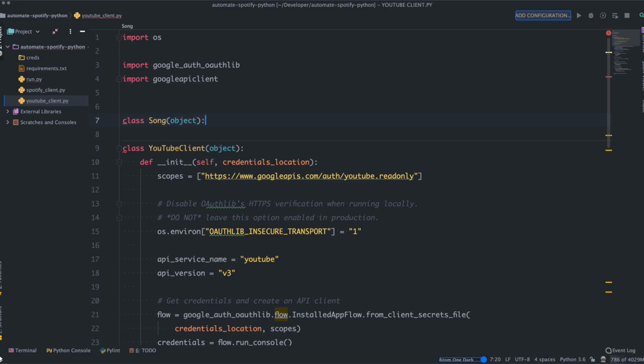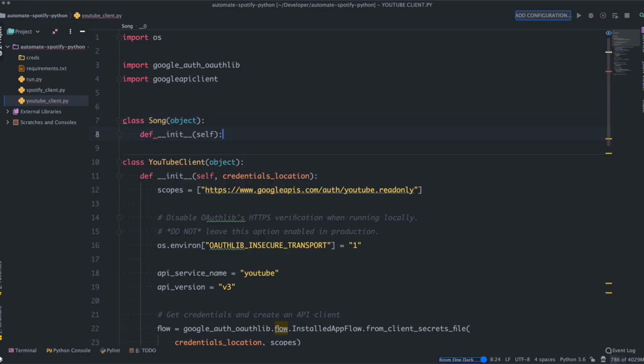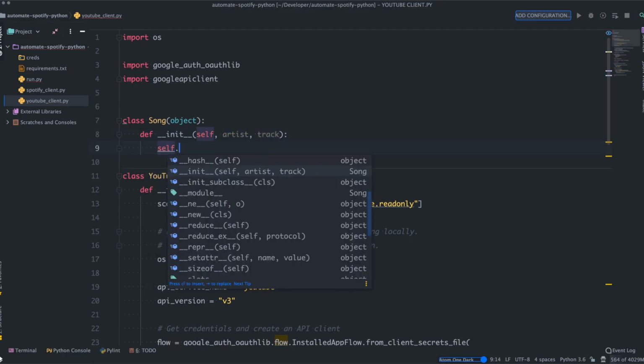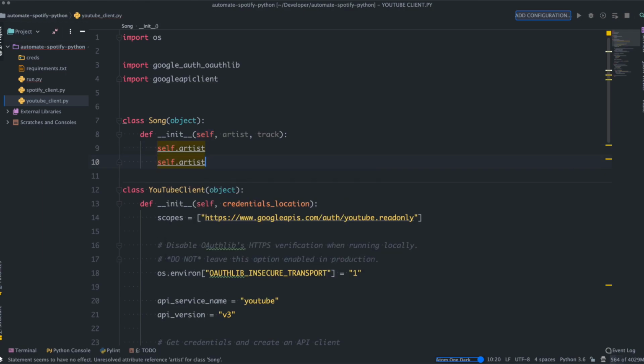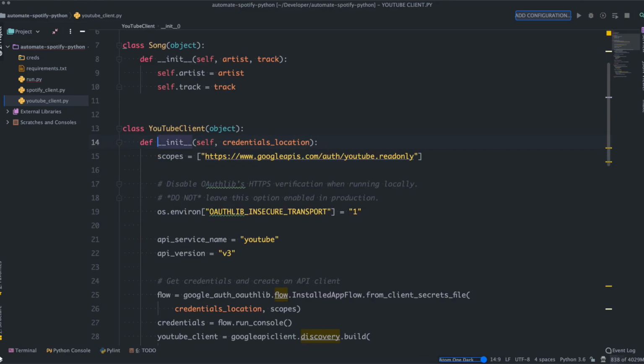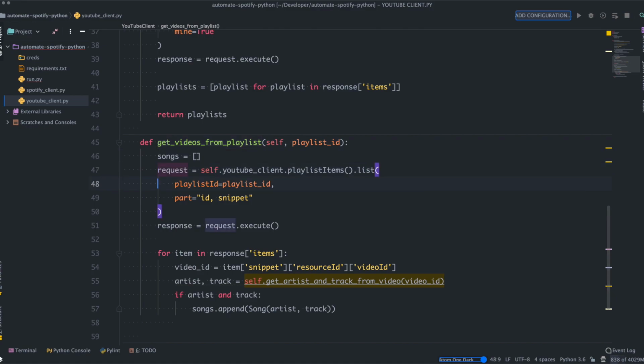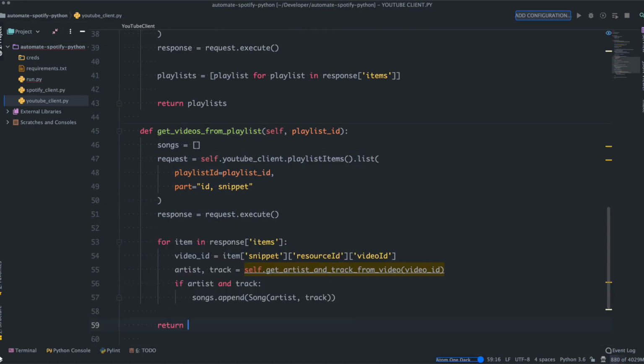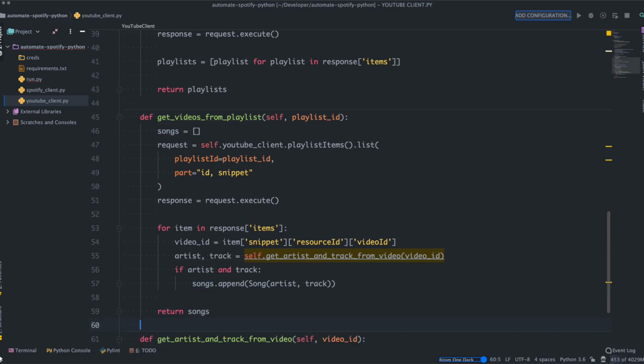I'm going to create a quick class here that's going to be class Song, and what that's going to do is take an artist and a track. So it's quite simple. It's not going to do much other than store some data that we're going to use later on. So in the init function, we're going to take the artist and track. And then anytime we get the artist and the track, we create a song object, we add it to the list of songs, and then we return that list of songs